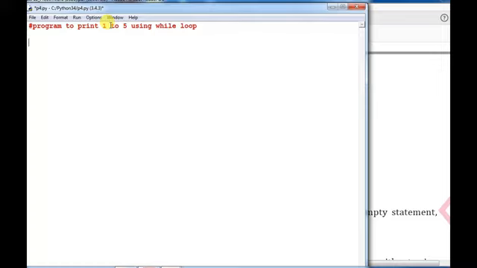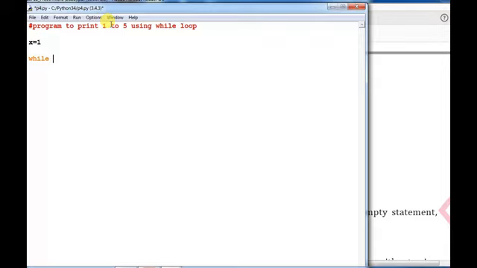In the syntax, first you assign the value. It generally has 3 parts: initialization part, updation part and loop body. You can use any variable. Suppose x equals 1 I have assigned, then while,